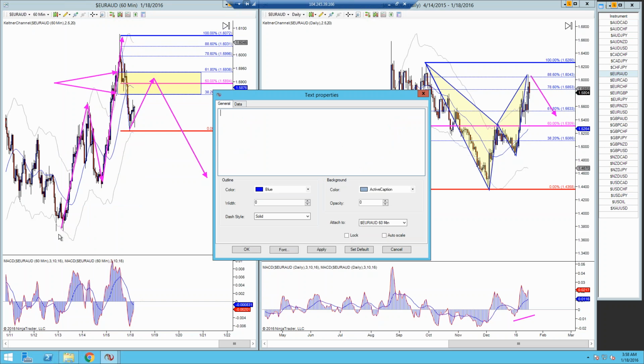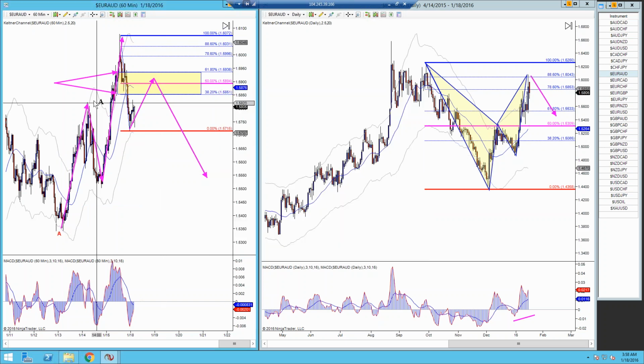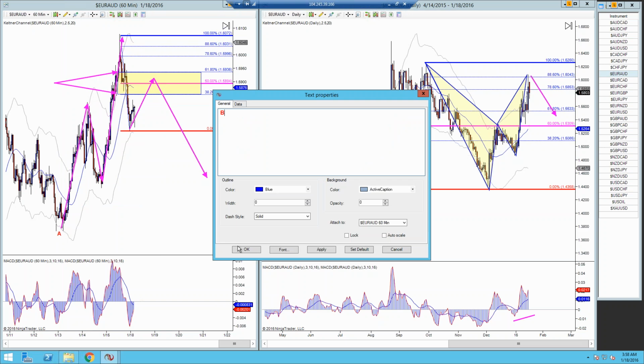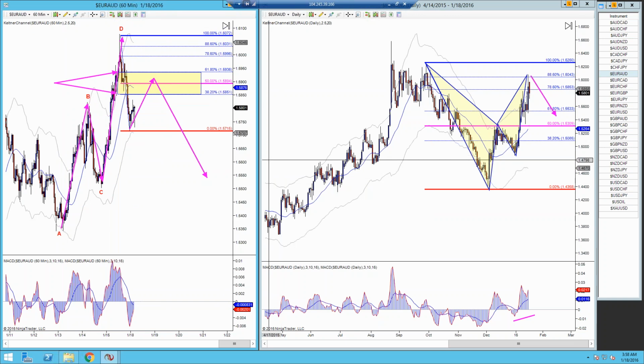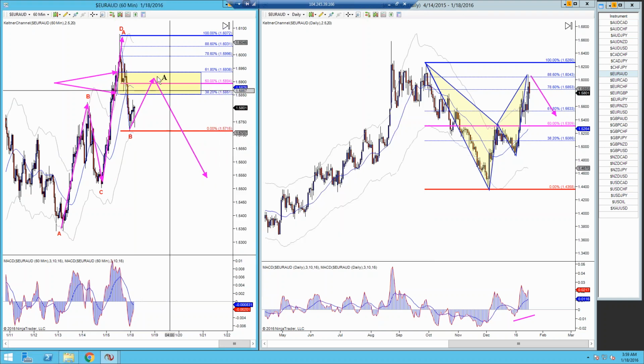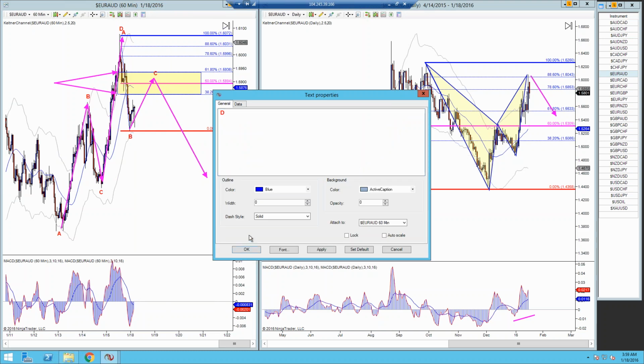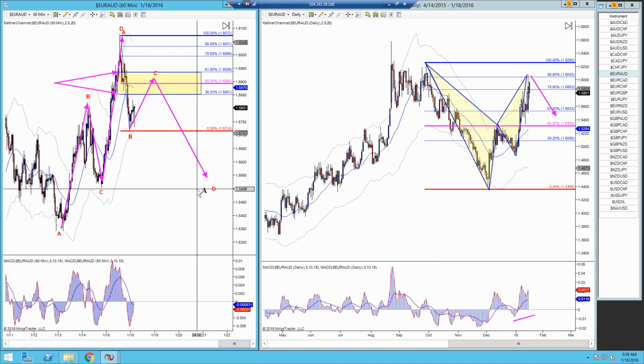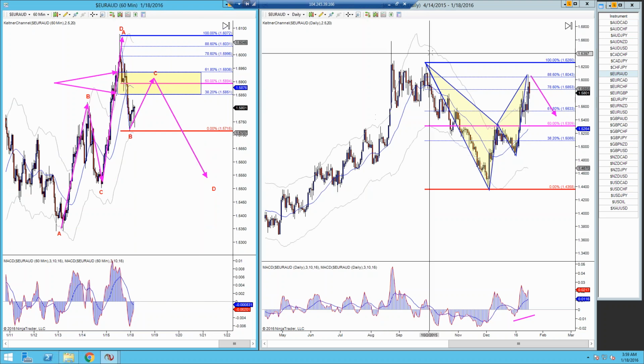So this has an A to B, C to D relationship. You guys with me so far? All right. So now you're looking for the same thing. You're looking for an A to B, C to D. You get it? You see the thinking? Guys, you see the thinking? This up here,